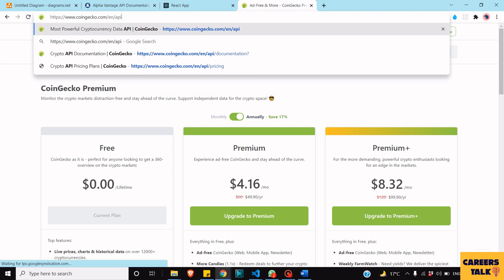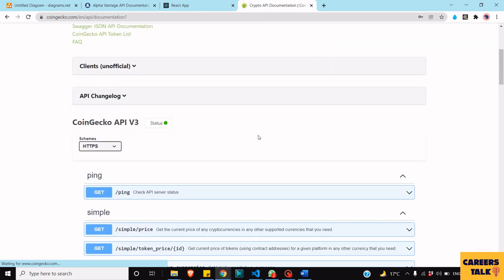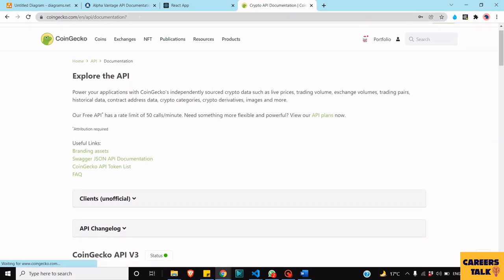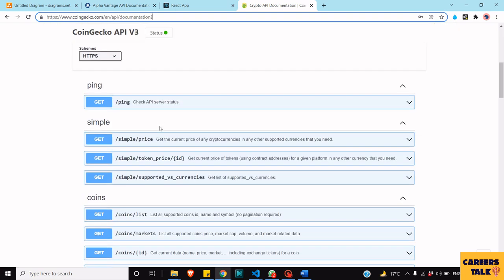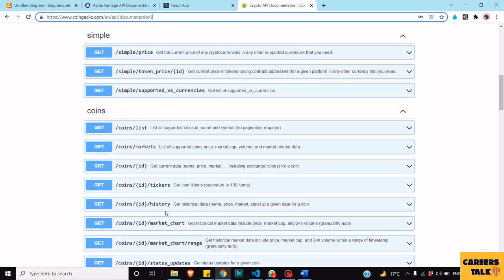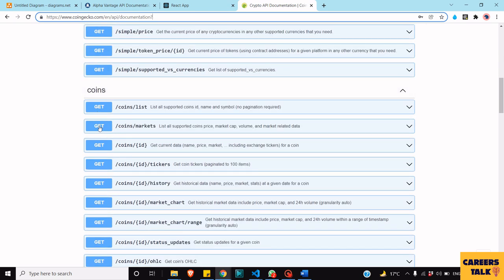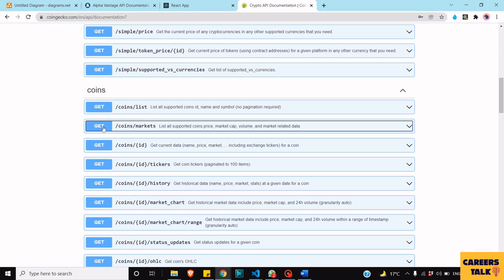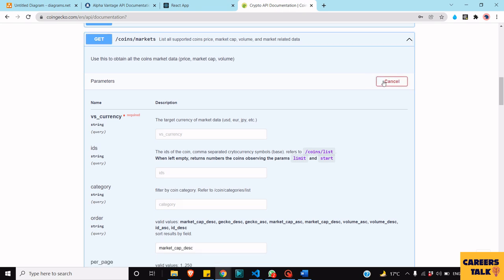API. Okay, this one. Yeah, this is the API link. This is the API documentation. You can see the API links here. Here in the coin, we need the market data. I will click on this get. Okay, then I will click on this try it out,